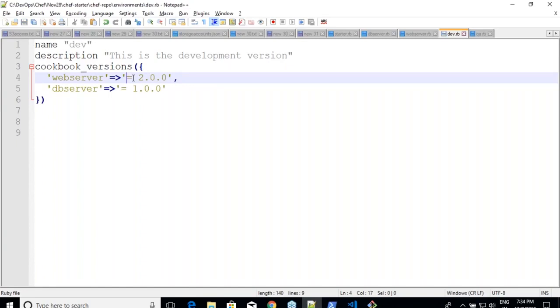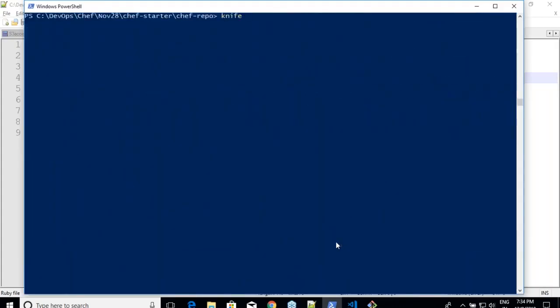So I'll put it as 2.0.0, and then I can safely come over here and say knife environment from file environments/develop. You can do this or go to that place, click on edit and make the changes to the version. Anything is fine. If you want to do it from command line, this is the way. It is also not difficult.